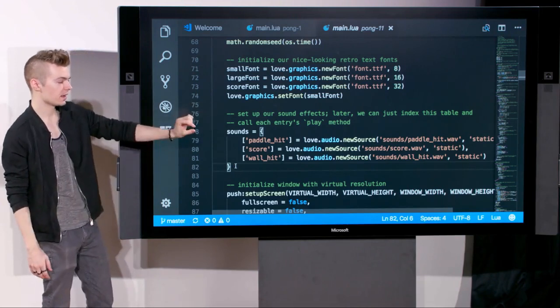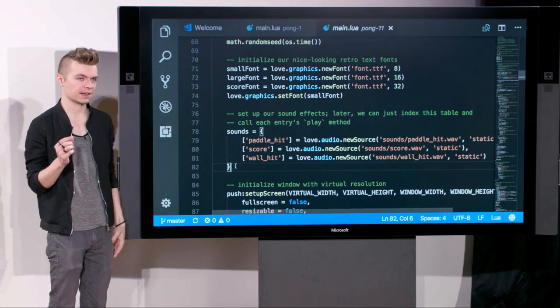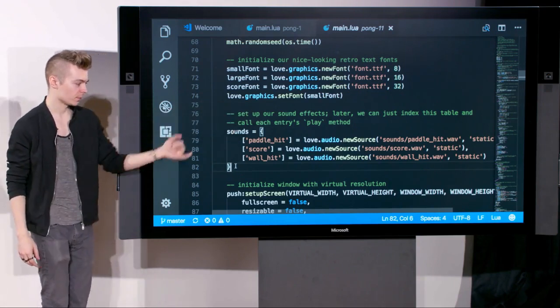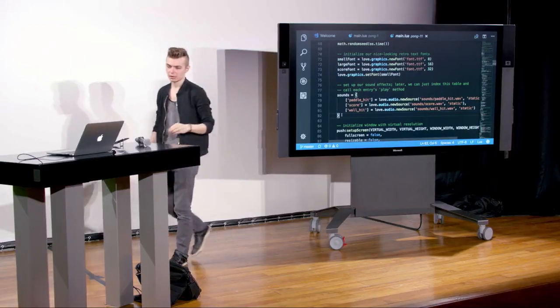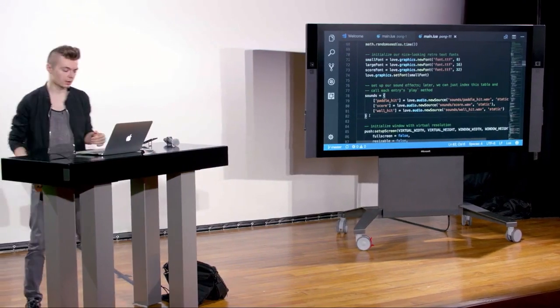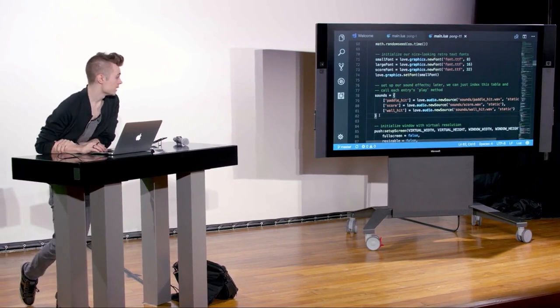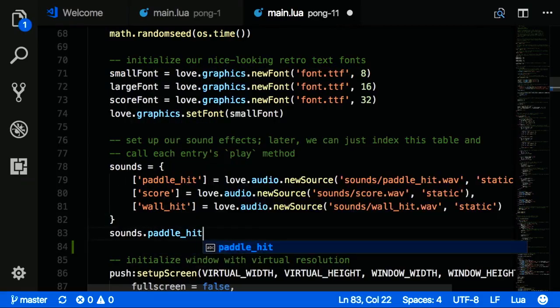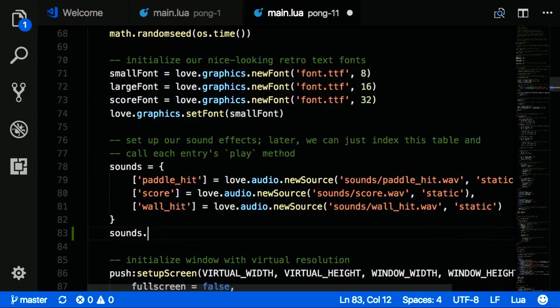In this case, these are very tiny sound files because they're a fraction of a second long. So we're just setting them all to static so that they get preserved in memory, and we're loading all three of them into this table. And if we want to refer to these later on, all we need to do is sounds. We can either reference sounds dot paddle hit like that, because by default Lua just gives you a dot keyword, sort of the way JavaScript does its objects, with the same name as the key that you passed in. Or you can do it the Pythonic way,